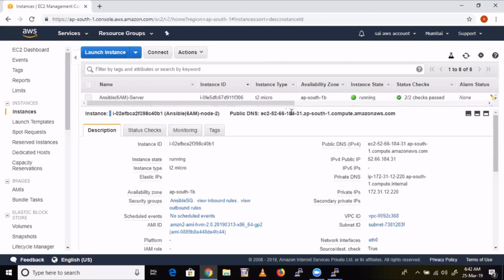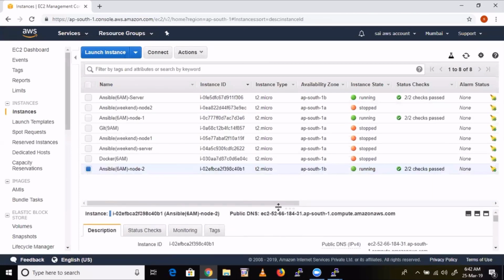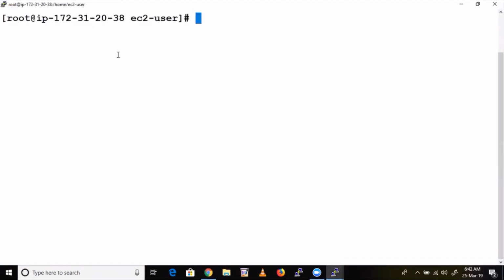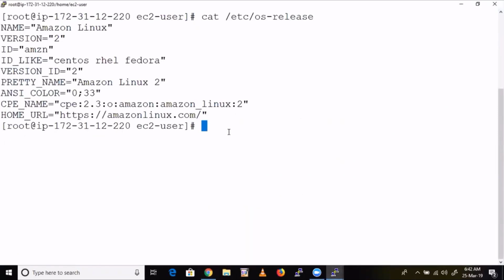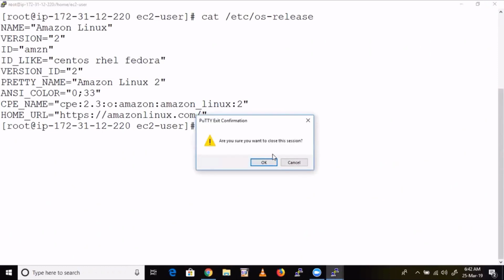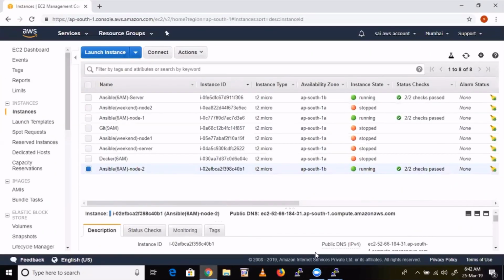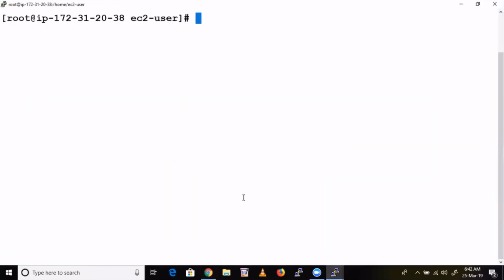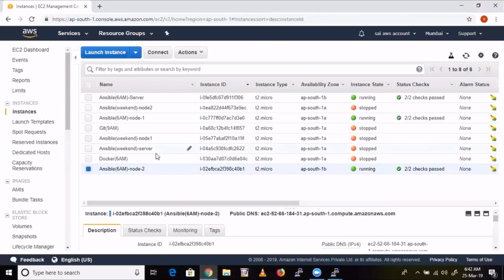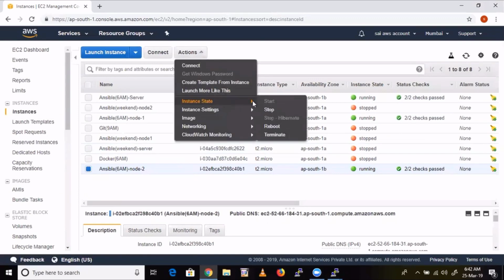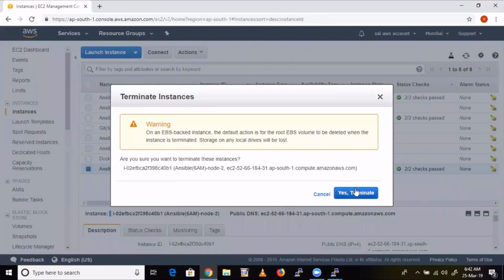I was having a doubt, because once I logged into this one, it was showing differently. See, it has shown this one, right? Amazon Linux. Fine. So let me close this one. Node 1 is fine, right? I think for node 1 I have taken Red Hat only. Let me verify: cat /etc/os-release. Yes, here Red Hat Enterprise Linux server. Fine. So we'll remove this one, because you have already seen it, Amazon Linux.